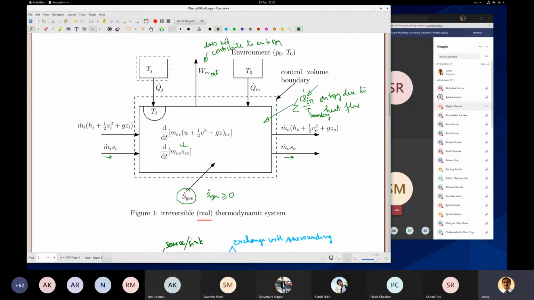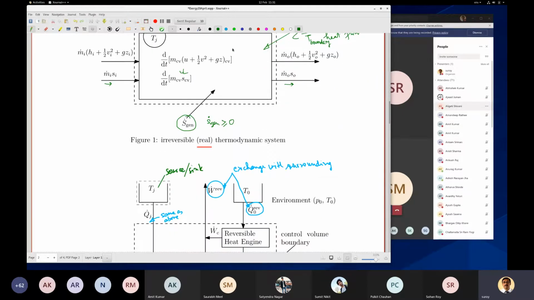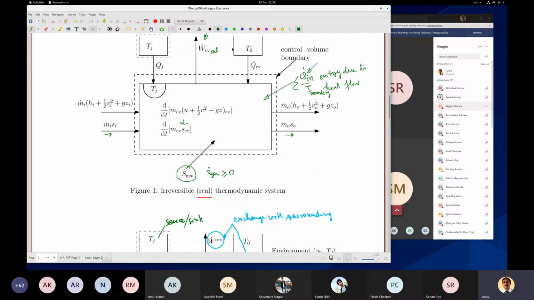So now you know how to write the equation for entropy. Right? So we know now how to write the equation for energy balance and how to write the equation for entropy. In entropy, entropy comes in, entropy goes out, change in entropy inside, there's entropy generation, right? And due to heat, there is entropy. Work does not contribute to any entropy. Right? So we should be able to write the equations for entropy. Right?